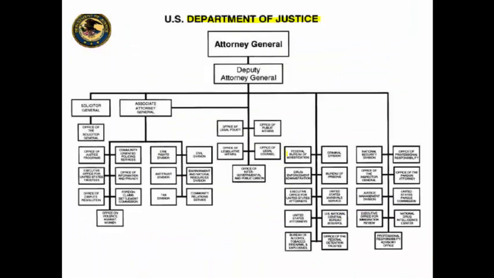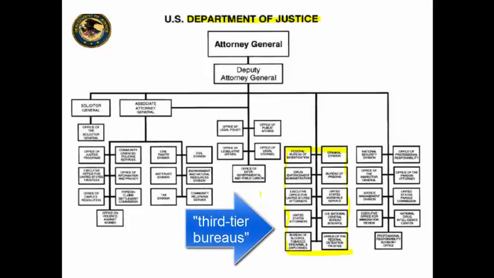And the important thing to realize is that there's deputy secretaries and undersecretaries, and there's administrative offices in each of these branches. But as far as the bureaus that we deal with that get the work done, we're looking at the third tier bureaus, and here's, in this particular case, the third tier bureaus of the executive branch, and some of these should be fairly well known.